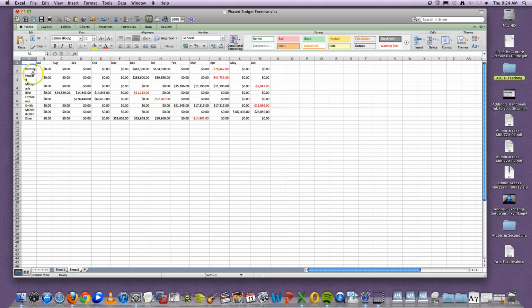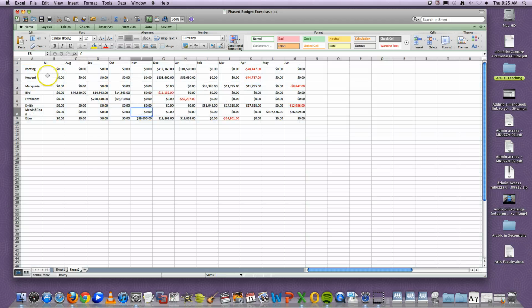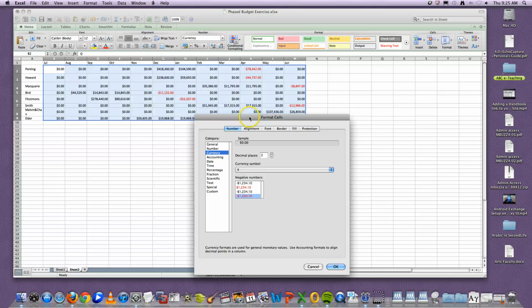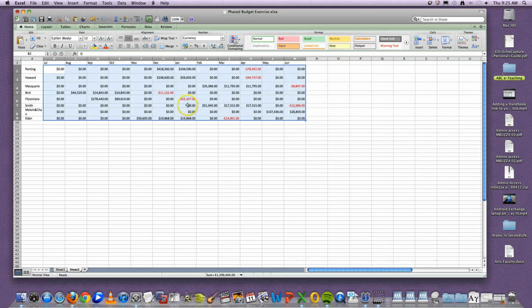So in sheet 2, we've got some values which have been changed to dollars. So if I just hover over that and then choose format cells, I've selected that cell range and I can see that they're formatted as currency. Now I did that because if I wanted to make a chart out of it,